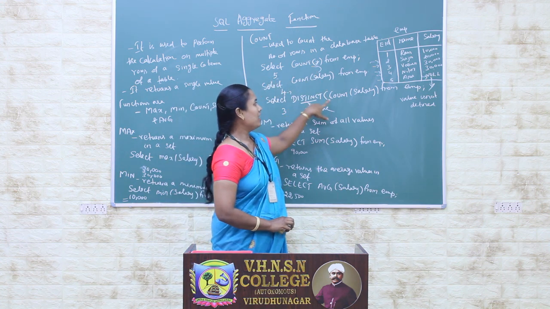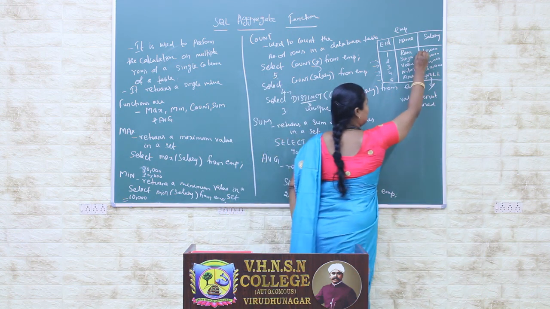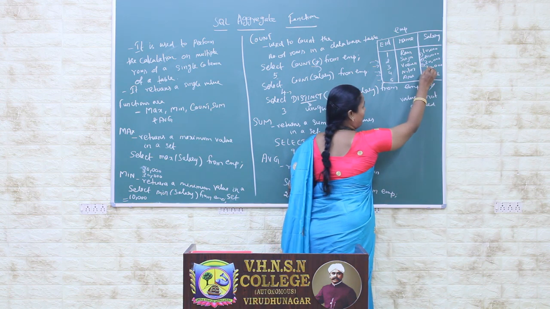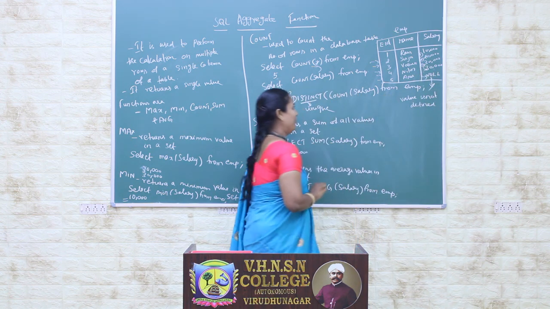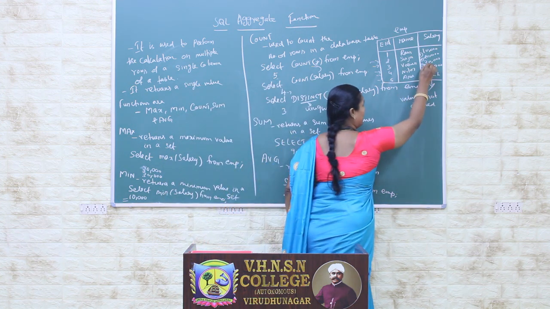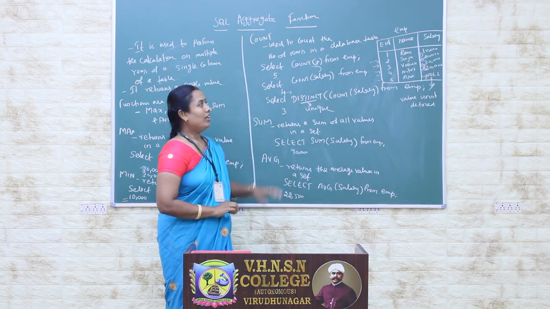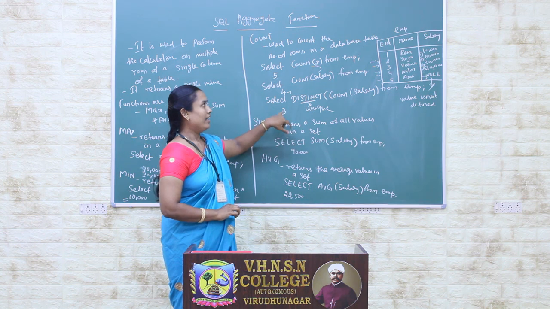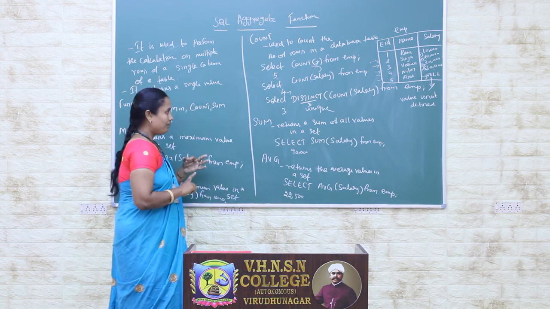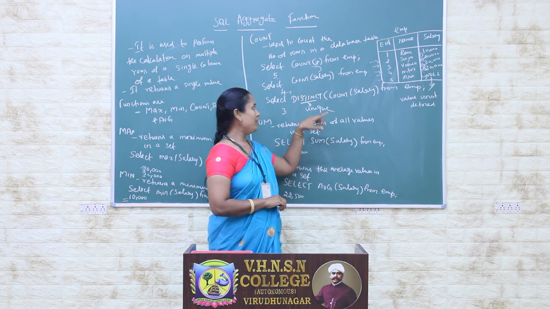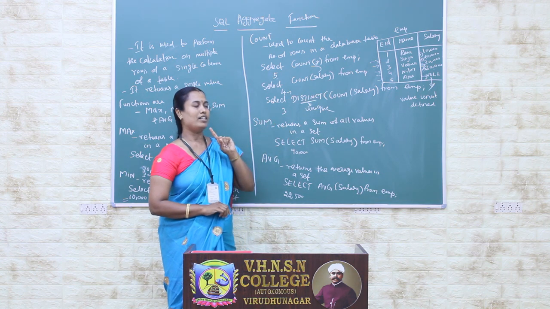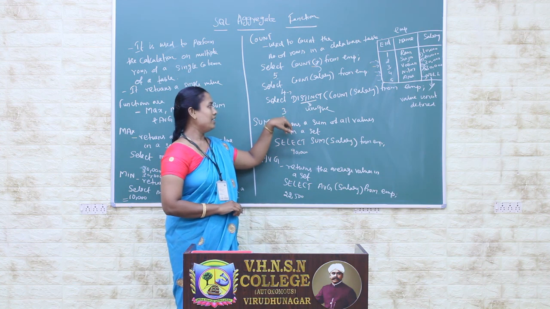Whenever you use distinct count of salary, it counts this as the first record, this as the second record, this as the third record. When it goes to fetch the fourth record, these 2 values are the same. Since we are using the distinct keyword, it selects only the unique value, so the duplicate is not counted as one more record. What is the output for this distinct keyword? 3 records: 10,000 is one record, 20,000, then 30,000. Can you see the difference? Distinct means that if duplication occurs, we eliminate the duplicate and present only one. So this query gives the result 3.